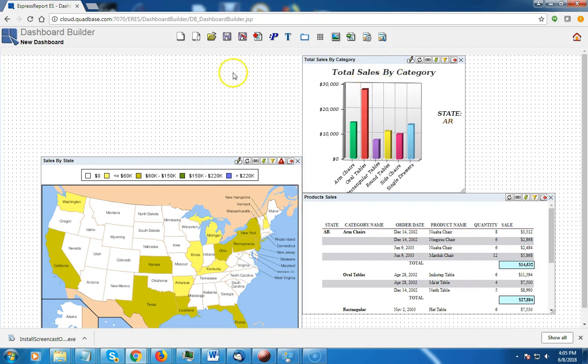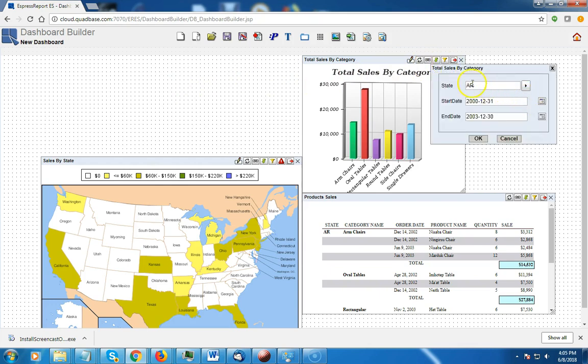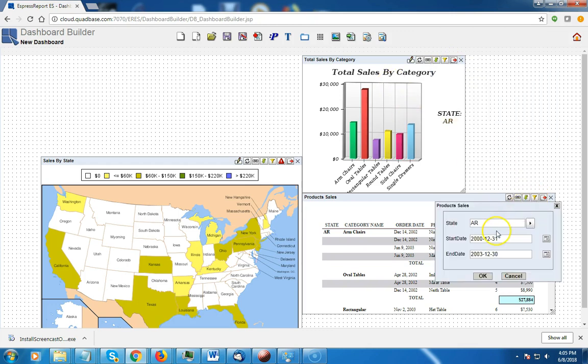And the next thing is, I noticed there are some parameters in this chart as well as this report. So I have 3 parameters each, and I actually want to be able to share them because I don't want to invoke parameters individually on these components. So what I do is set up share parameters